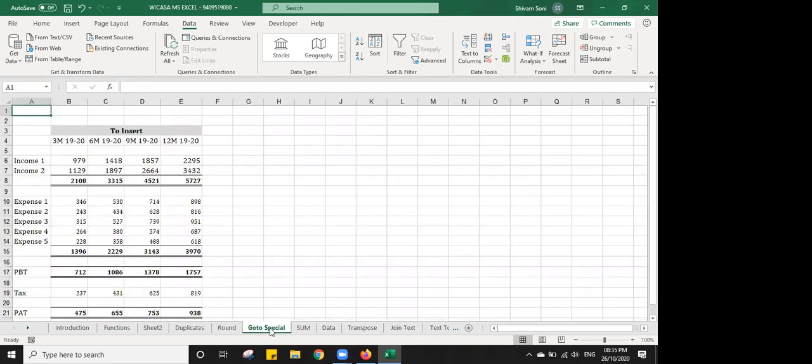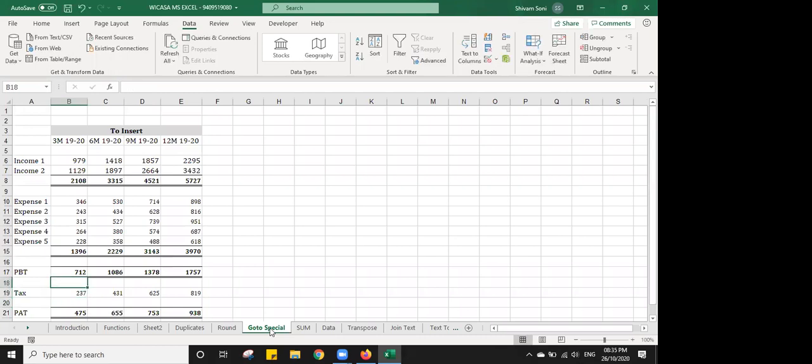Now another option we have available is Go To Special. This is the main important thing. Suppose we have a file. I have this file with me. I have given formulas in many places and I want to refresh this file.